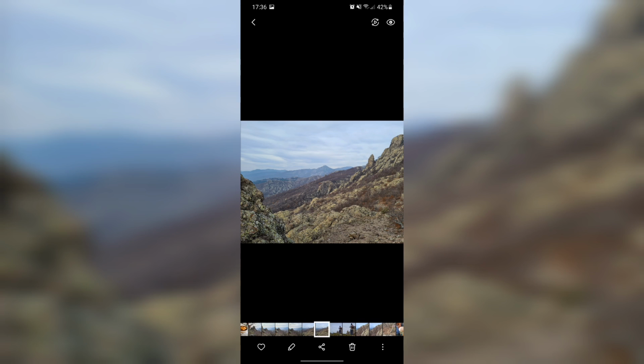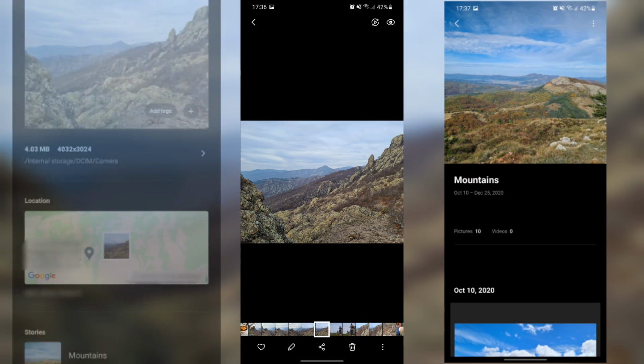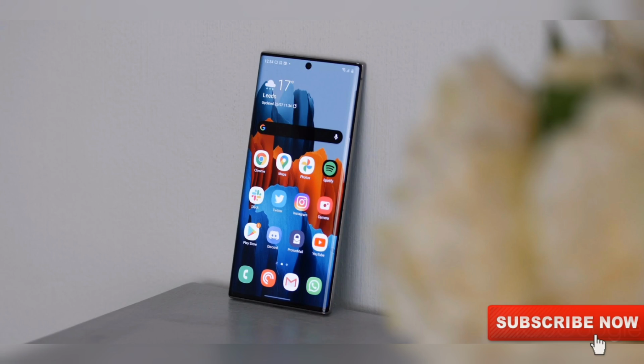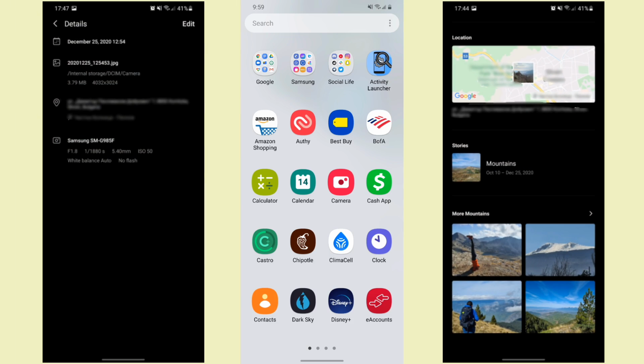Samsung advertises an improved camera experience on One UI 3 in key areas like AI-based zoom, auto exposure, and autofocus, but those are hard to quantify and outside the scope of this article. What does belong here are the subtle touches to the Gallery app. You now get a film strip of tiny thumbnails on the bottom of the screen when looking at a photo. Additionally, swiping up on the photo will reveal a screen with a snapshot of a map of where the picture was taken, plus related stories and photos.